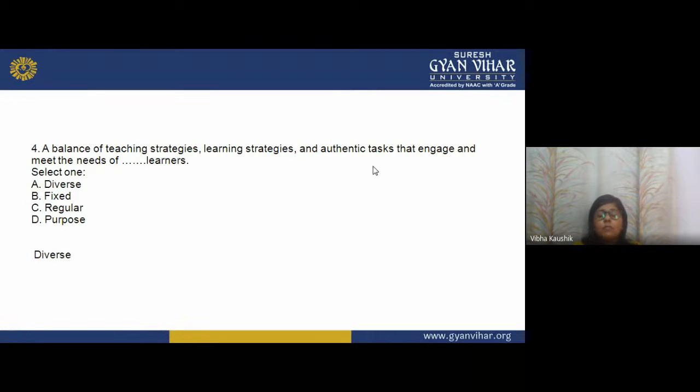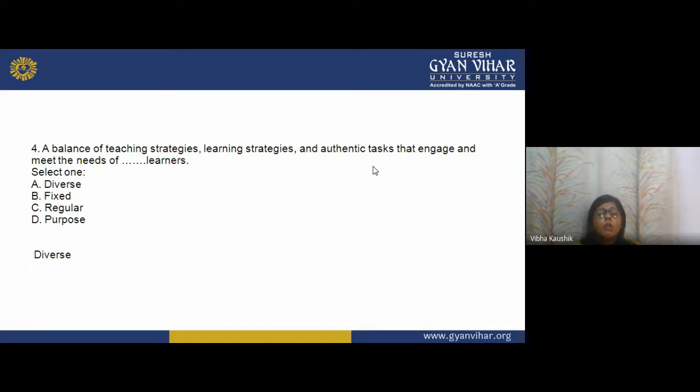Now, you have to select the correct answer on the basis of the given choices. The choices are A, diverse, B, fixed, C, regular, or D, its purpose. A balance of teaching strategies, learning strategies, and authentic tasks that engage and meet the needs of diverse learners